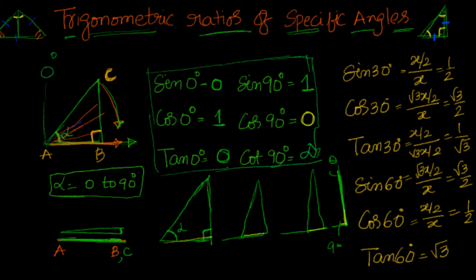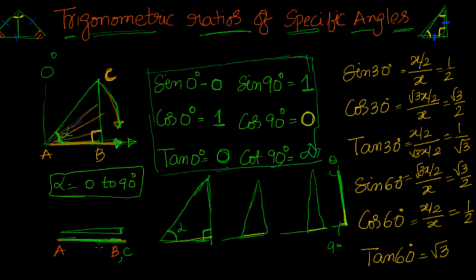Now when you want to make alpha equal to 0, that means you are bringing your hypotenuse down, coming down, coming down, and it is coinciding with the adjacent side. So when it is coinciding with the adjacent side, adjacent side by hypotenuse is nothing but cos alpha, and adjacent side and hypotenuse are equal, so cos of 0 becomes 1. For the same reason, when adjacent side and hypotenuse coincide with each other, you know that the opposite side is becoming 0. That's why sine of 0 is equal to 0. I think you got it.